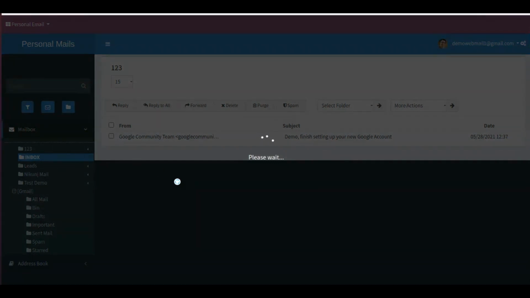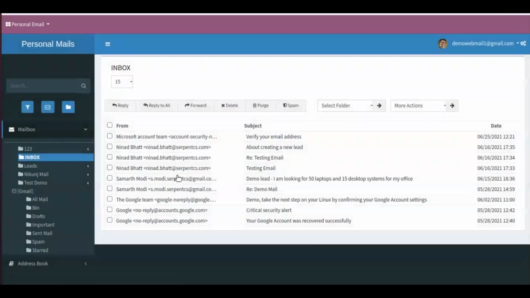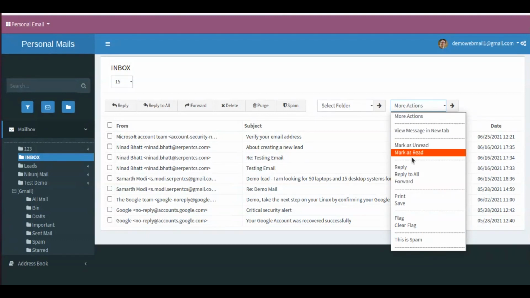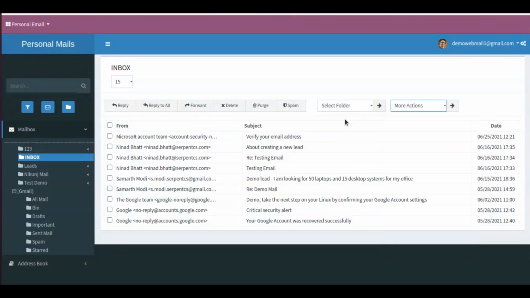Here I will be able to look at different buttons that are available. If we want, we can select a particular mail and move that mail to a folder. We can also perform a number of actions like mark as unread, mark as read, reply, forward, print, save. Everything can be done from our module directly.